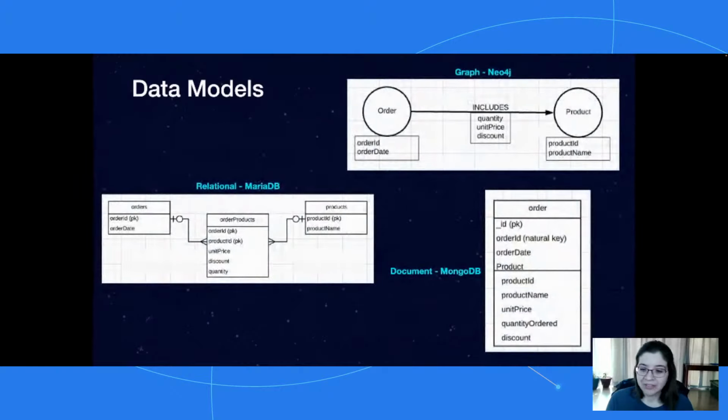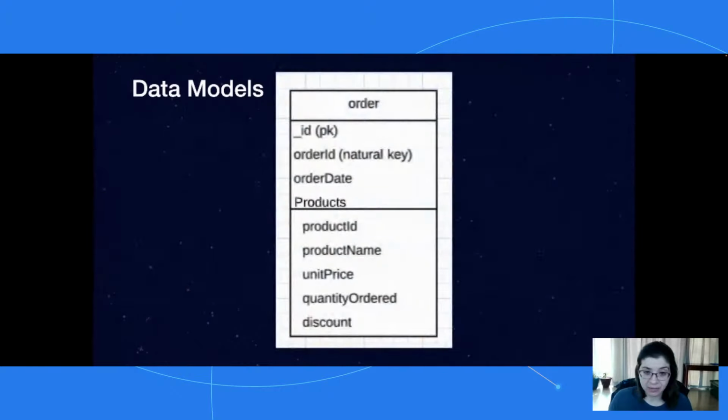Now let's dive on over to the document database. One nice thing about MongoDB and document databases is you can nest documents. So you have this hierarchy or substructure inside your document. That's exactly what I've done. I've taken advantage of what Mongo provides and dumped all of my line items basically into the same order.